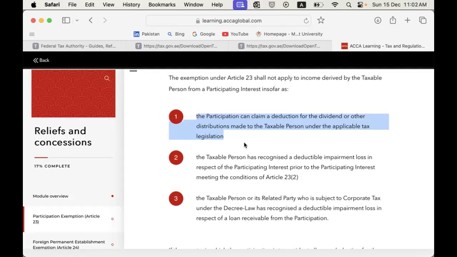Okay, fine. The other company is not claiming a deduction in their P&L. So this is actually a dividend from their perspective too. But if they were booking it as an expense, then the UAE authority, the FTA, the Ministry of Finance, will not accept it as participation exemption. They will exclude it. That was the first point.